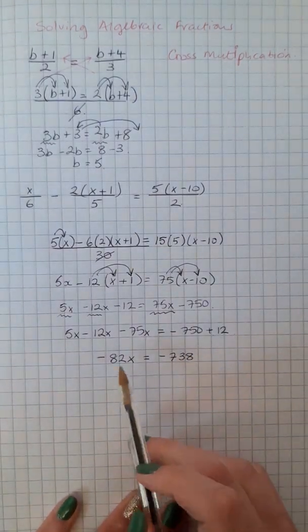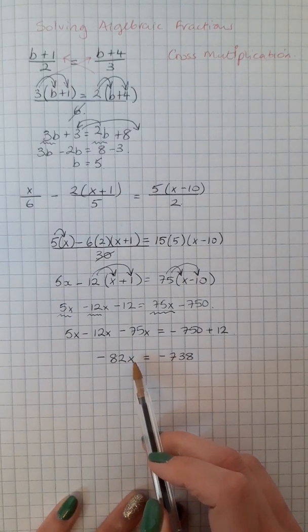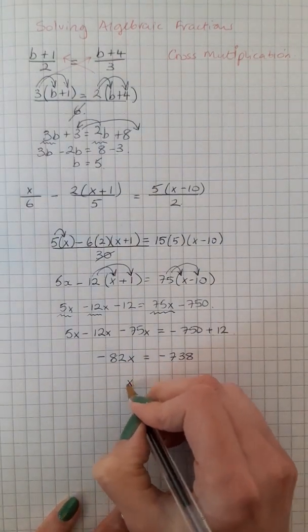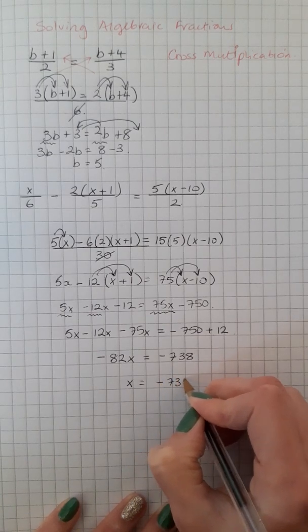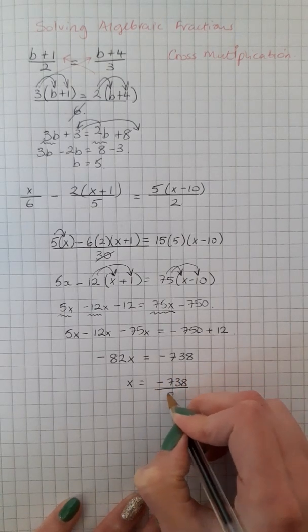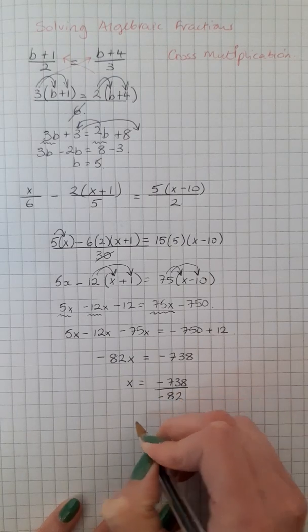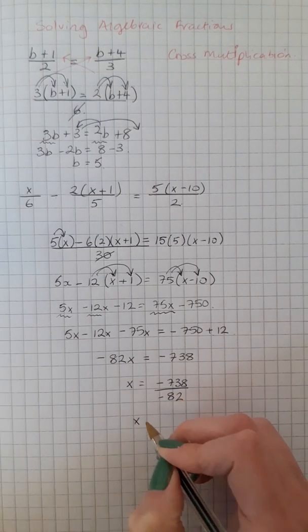Okay, in order to get x on its own, we are going to divide. So x is equal to minus 738 divided by minus 82. And x is equal to